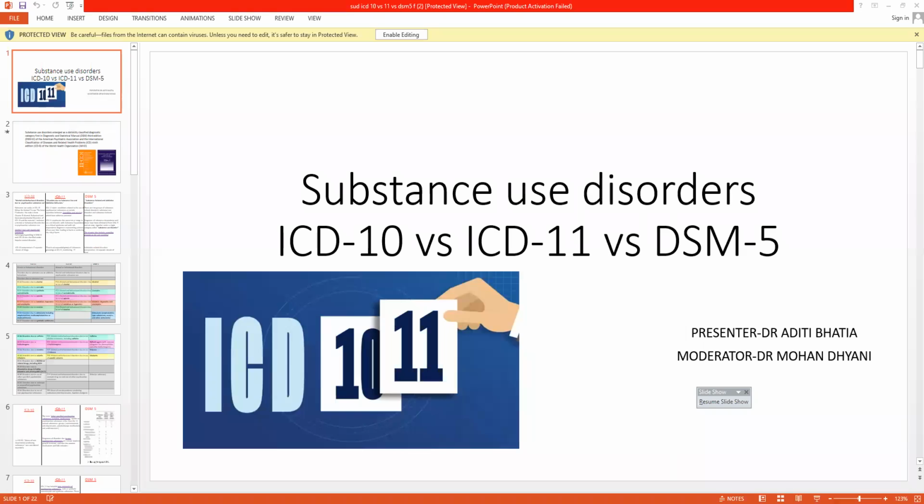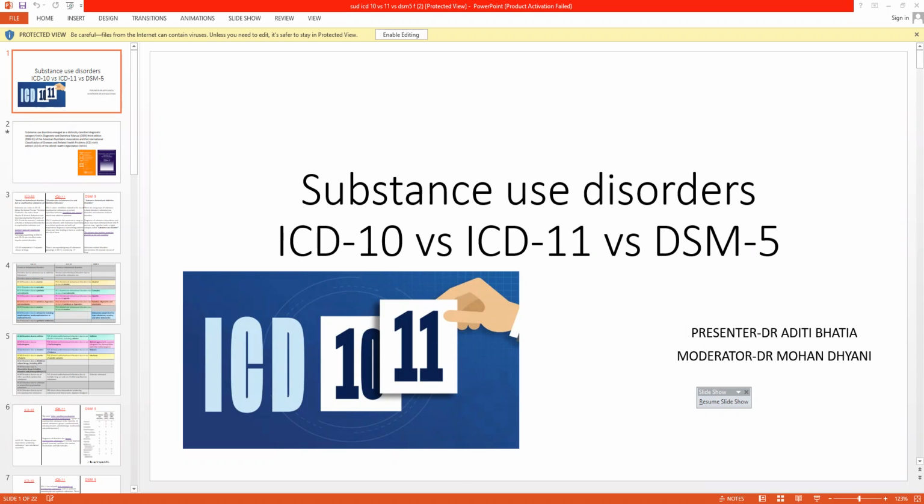This is a comparison of diagnostic criteria for substance dependence in both ICD-10 and ICD-11, and substance use disorder in DSM-5. In ICD-10, three or more should be evident at some time in the previous year: a strong desire or sense of compulsion to take the substance; difficulty in controlling substance-taking behavior in terms of its onset, termination, or level of use; progressive neglect of alternative pleasures or interests because of psychoactive substance use, or increased amount of time necessary to obtain or take the substance or to recover from its effects; persisting with substance use despite clear evidence of harmful consequences;